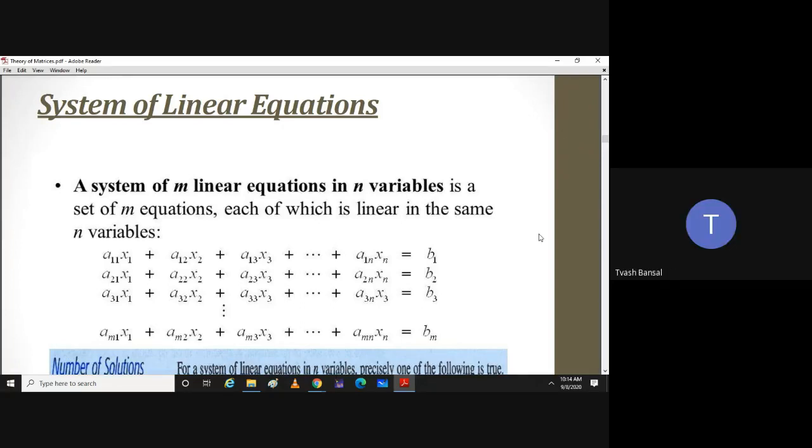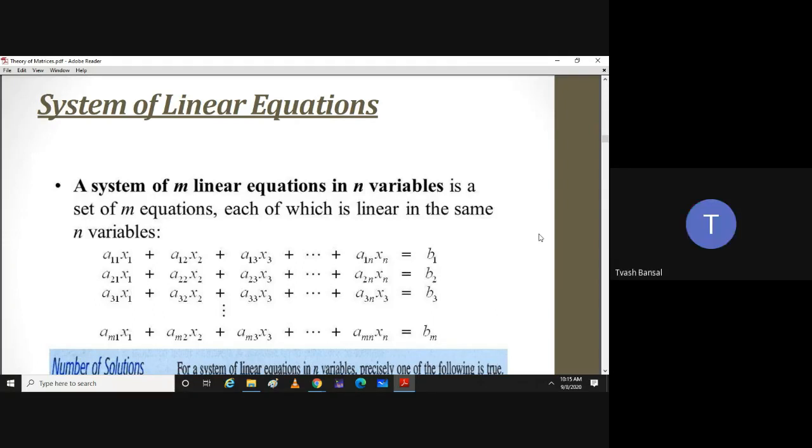Sir, I got I2, but the other 3 rows are not getting simplified, because I got 1 0 5 0 2, 0 1 0 7 minus 3, and all the lower ones 0. Yes, I2 0 0 0 is the final answer and rank is 2. The rank is 2, but I'm not able to simplify the last 3 rows. So tell me your resulting matrix.